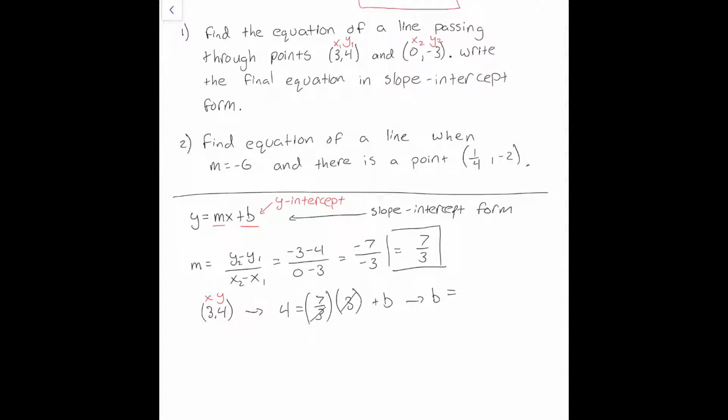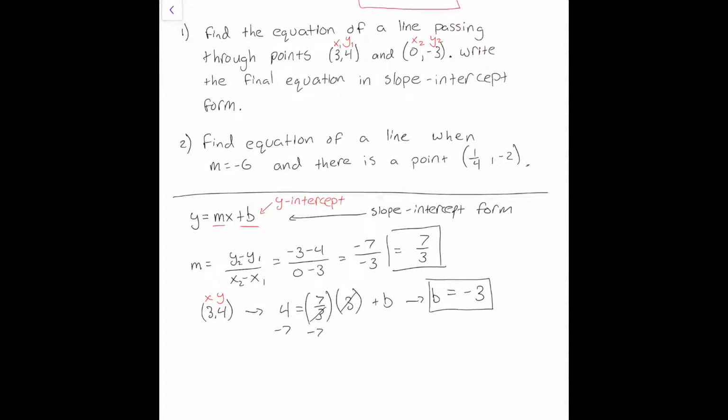The 3's cancel, and you get a 7, so we'll do minus 7, and this will yield b equal to minus 3. So minus 7 plus 4 is equal to minus 3, and that is our